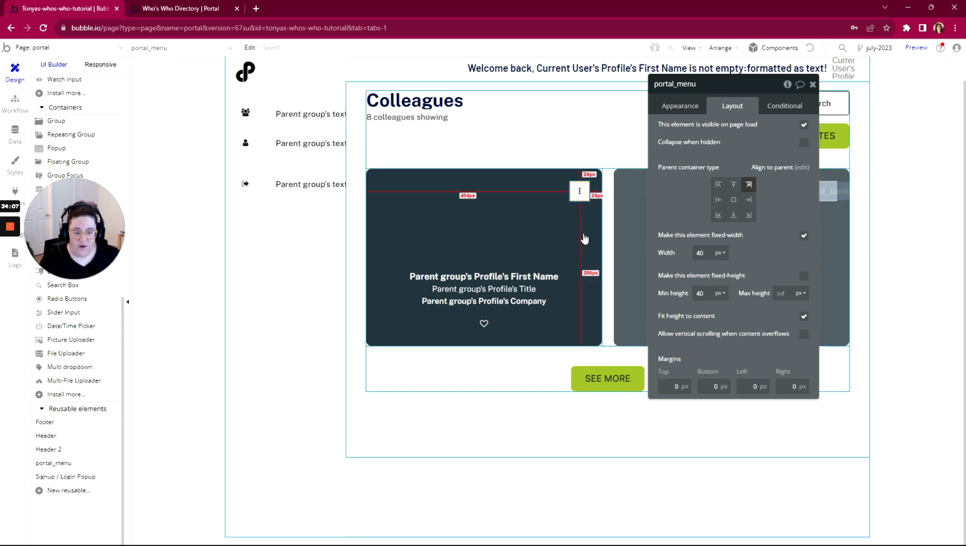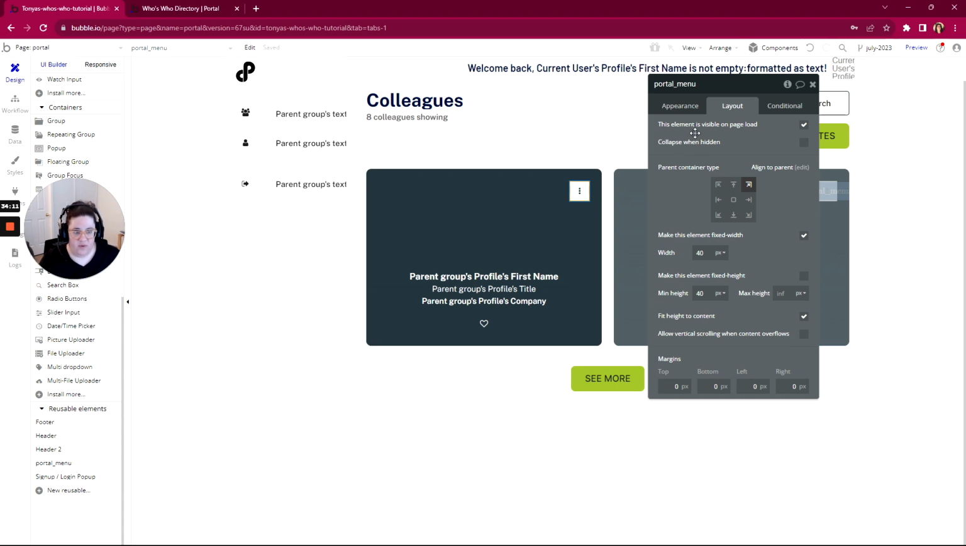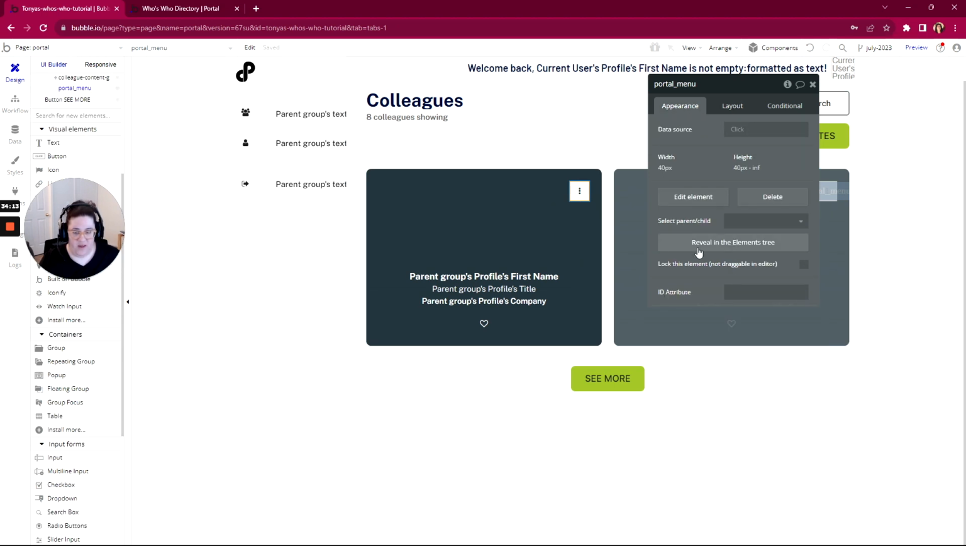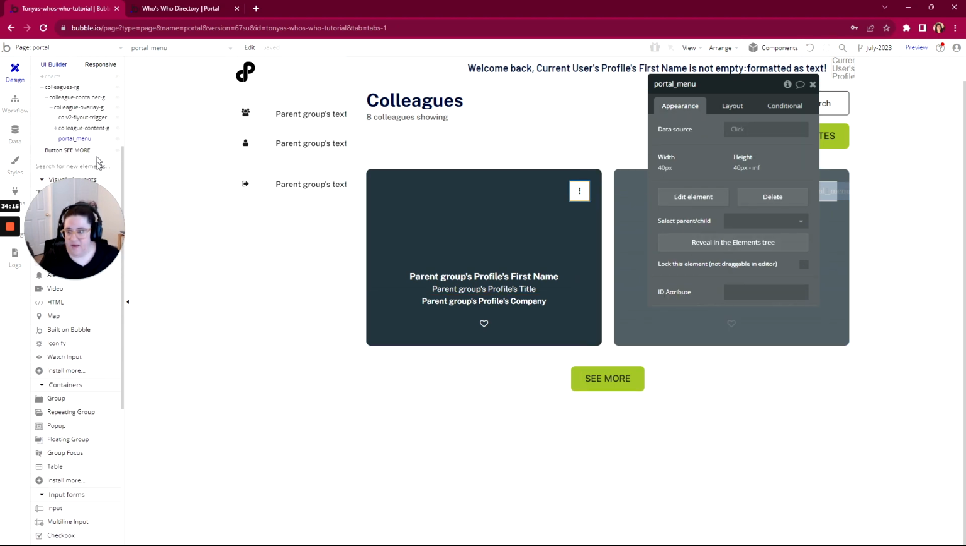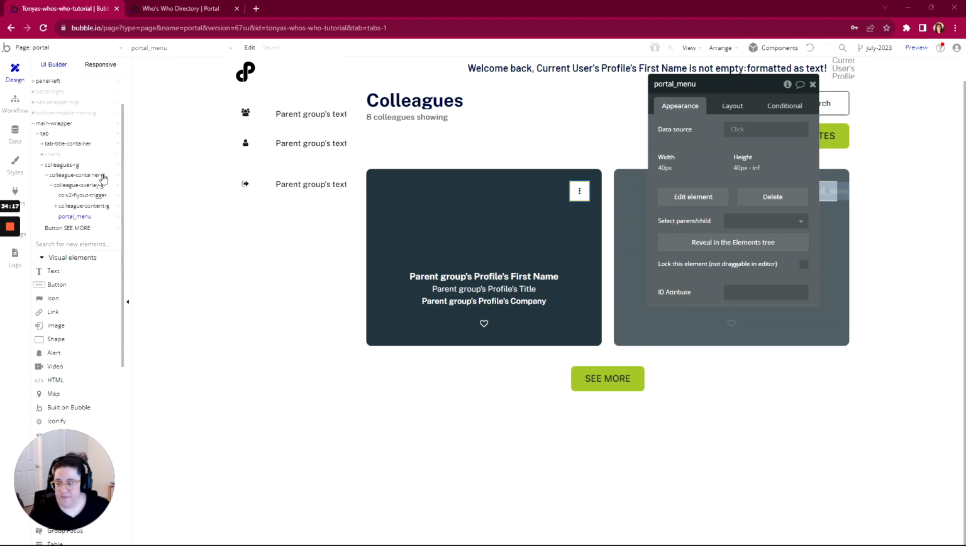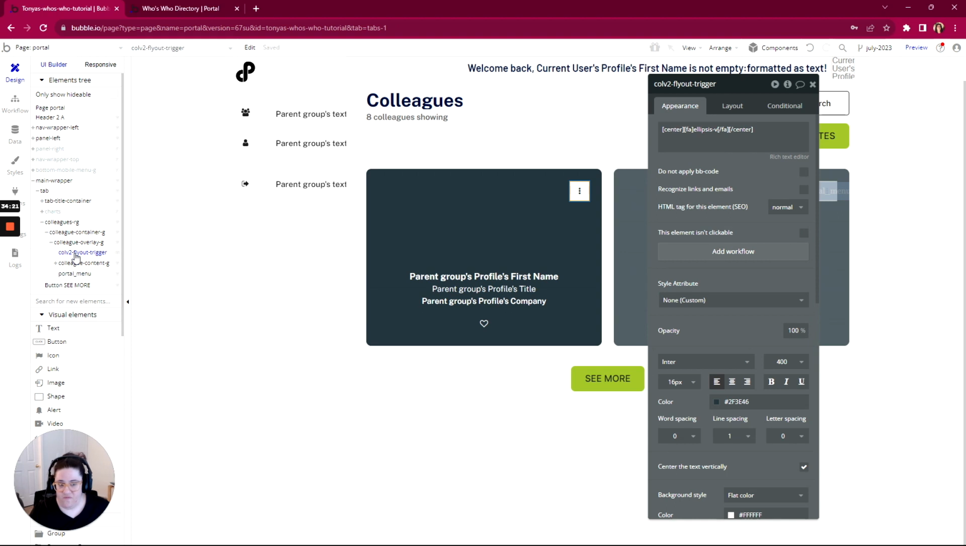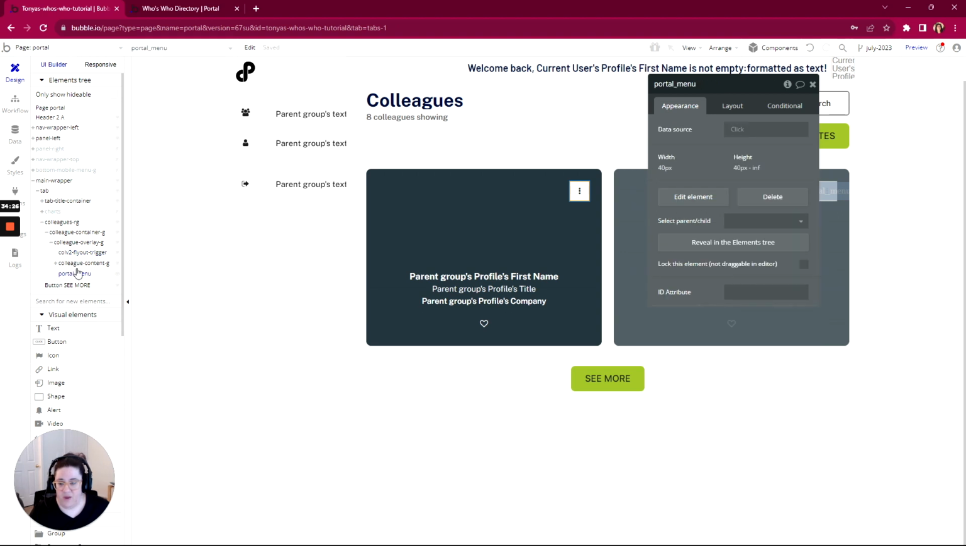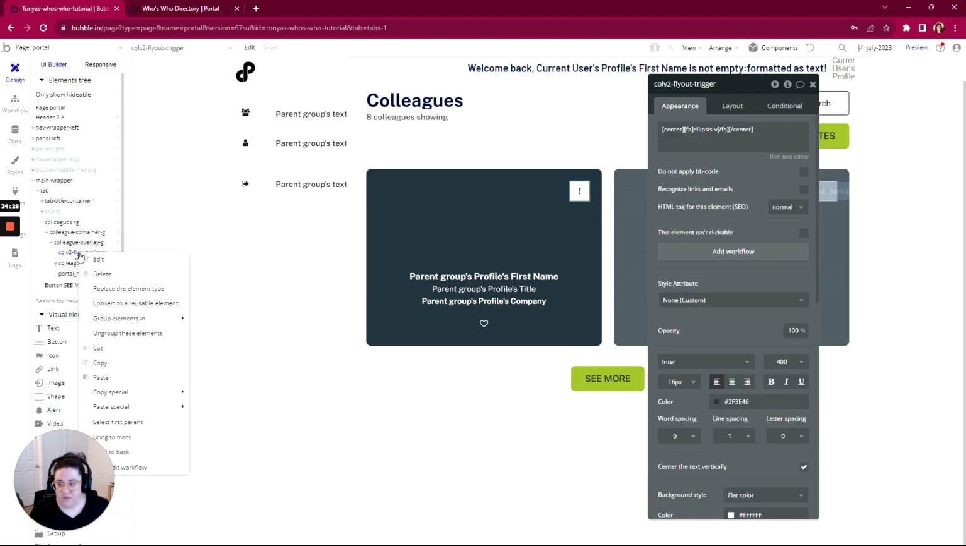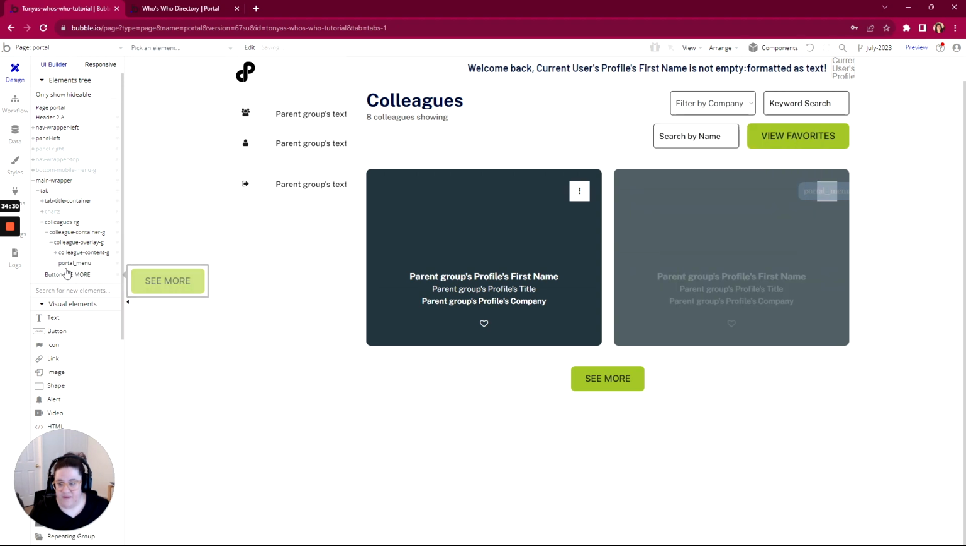So it's 40 by 40, and now it's directly on top of the other one. So I'm going to reveal this in the elements tree. And you can see I've got the fly out trigger here and the portal menu. I want to keep the portal menu one, so I'm going to right click and delete, and then click on